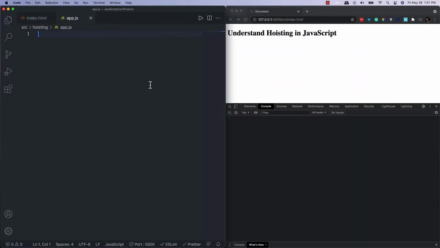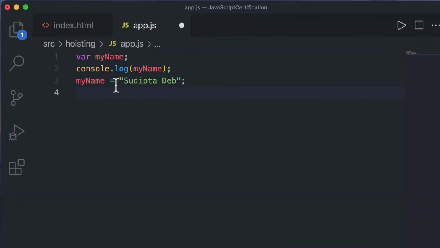So in the first example, I will be showing what happens when we declare a variable with var and then initialize the variable later, after using it. For that, here is the code. I have a variable var myName, and then I immediately use that variable in the console.log, and after that I initialize that variable, giving it some value.